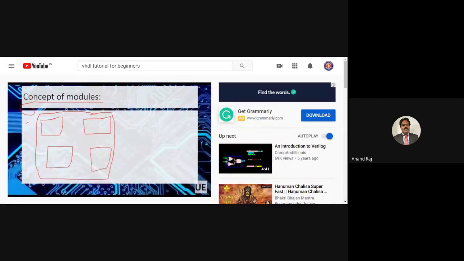For example, I will keep this module for input-output purposes, this module for addition purposes, this module for bit shifting, and this module for memory mapping.